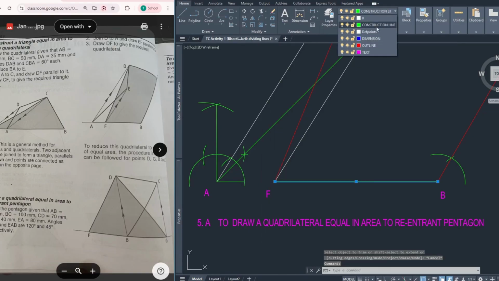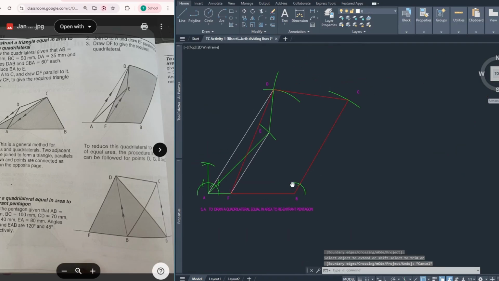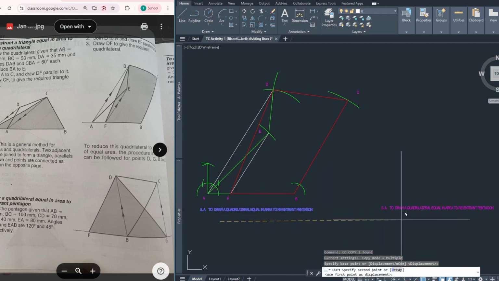Alright, so I'm changing all of these to outline and I'm extending this. And this is how we get our quadrilateral. Now there's another part of this question, and that's the reason why I have 5A instead of just 5, that wants us to further reduce this